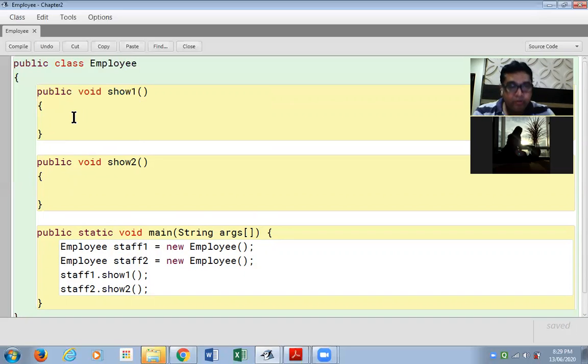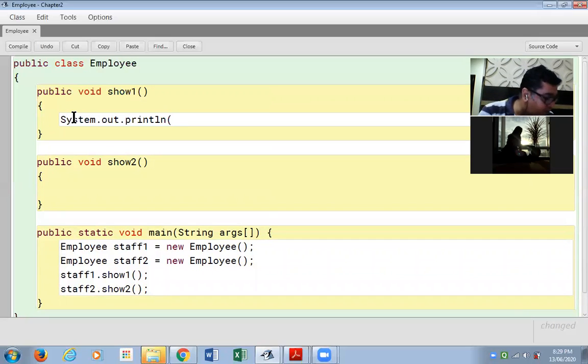Now show1. Okay, there are three System.out.println statements which are going to print three lines saying employee number, employee name, and department. I'm just printing one in one line.